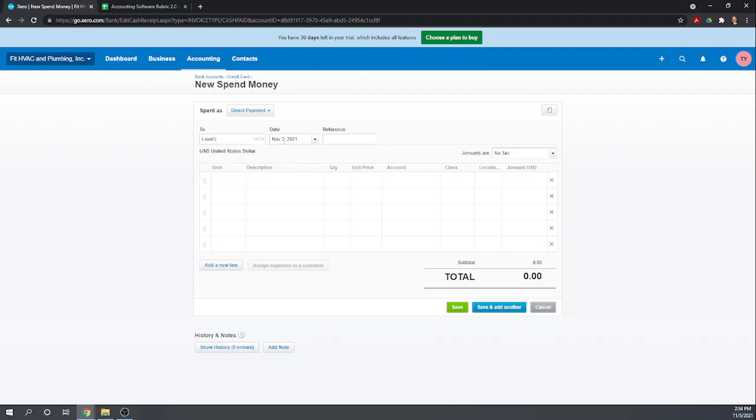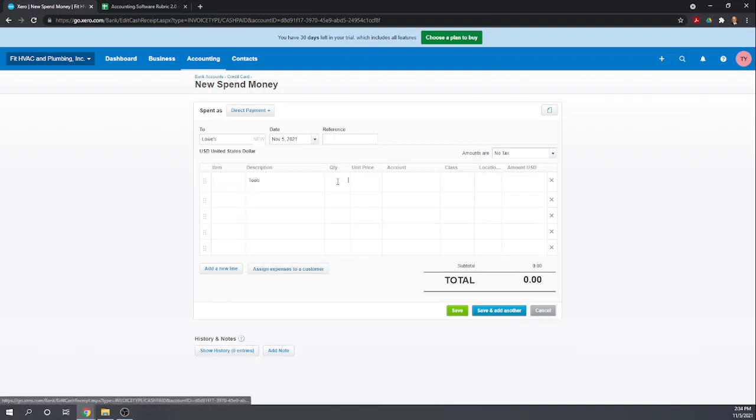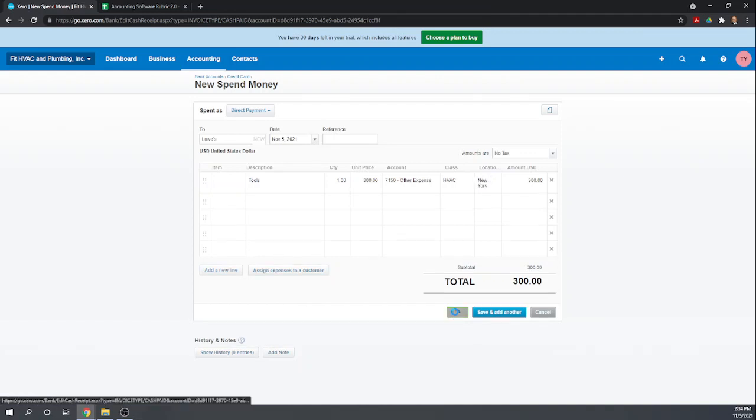new contact. Okay, item, we're just going to call this tools. One for say $300. Let's just throw it in another expense account. Okay, say this was for HVAC and the New York location. Great. Okay, we could assign that to an expense account, and if we just save it,